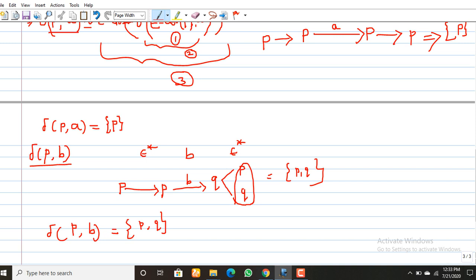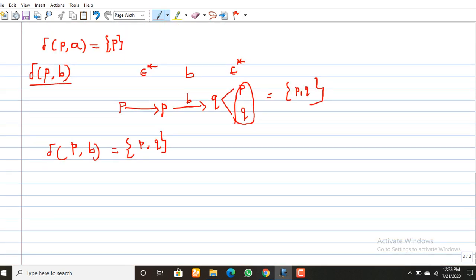Same way, I have to calculate del of P comma C. I have rewritten P here, then C here, with epsilon closure before and after. What is the epsilon closure of P? It is P only.